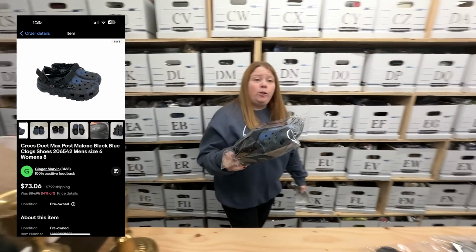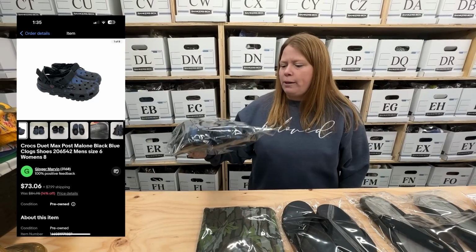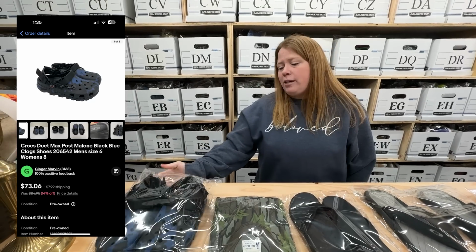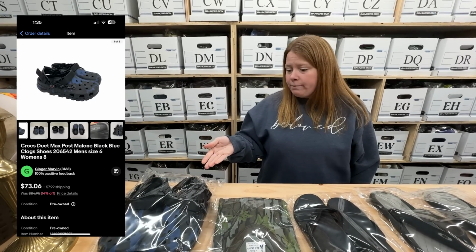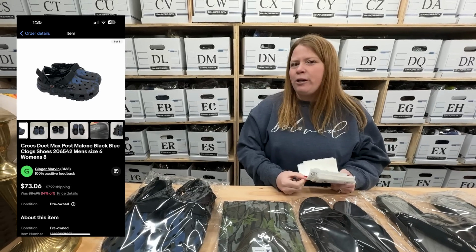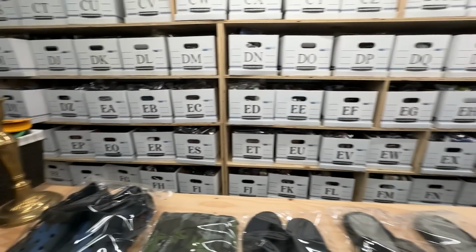These are Post Malone Crocs. I've sold a pair before for quite a bit more than these sold for, but yeah, these sold quickly. So I got them at Plato's. I did pay their full list price, which was $30, but they sold for $62.10 plus shipping in maybe a week or two. So yeah, I was hoping to about double my money, and I probably could have, but